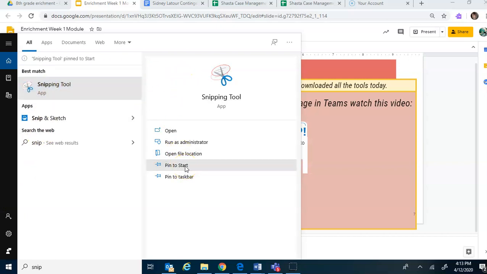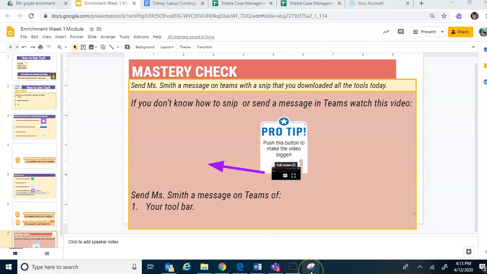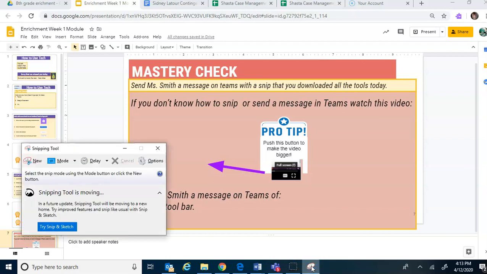You're going to click pin to start. You're also going to click pin to taskbar. And what that does is you're always going to have your little snipping tool down here. So now that I've got my snipping tool down here, anytime I want to take a screenshot of something, I